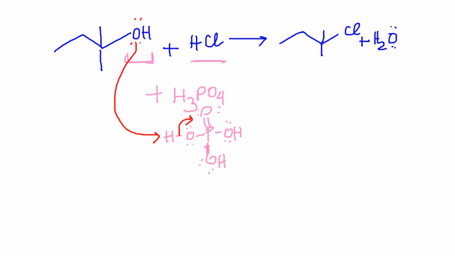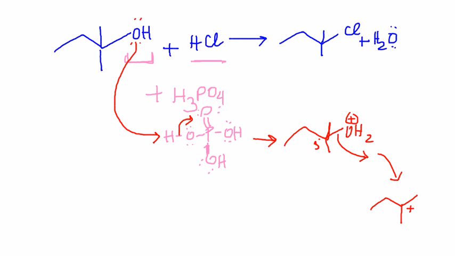The H2PO4 negative leaves. So you end up with the two methyls, OH2 with a positive charge. And now you have to ask, should you remove water first, or what should happen? In this particular case, since it's a tertiary center which is holding that leaving group, you would say absolutely the carbocation that is going to get generated is super duper stable, and that is the reason why water would leave. It will give you the tertiary carbocation,